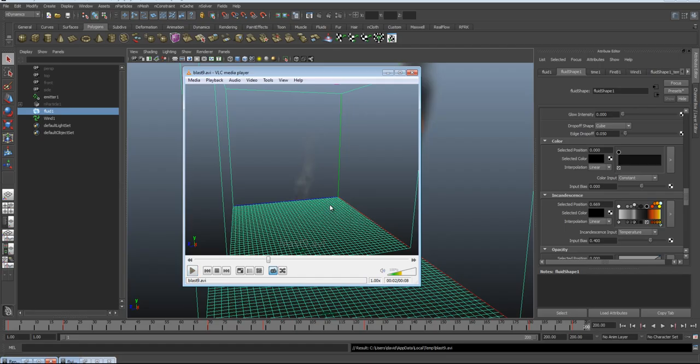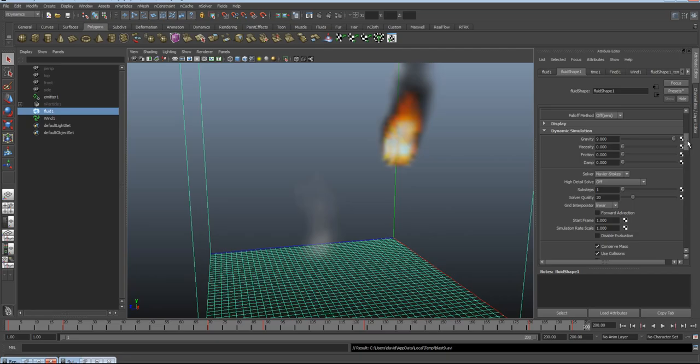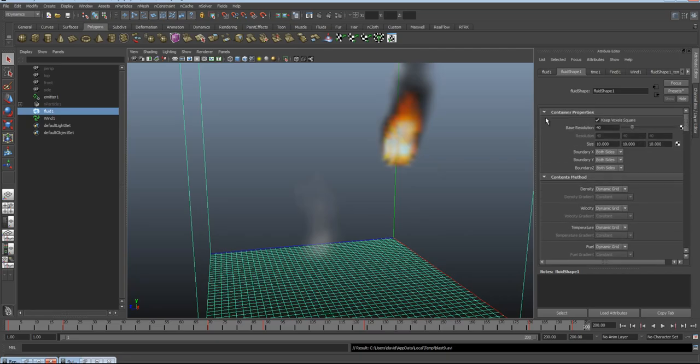Now, in the next part, we'll be taking a look at actually sculpting fluids along geometry, which should be very interesting, and I will see you for that. I just wanted to let you know before I go that for the final render of the video that you saw, which I'll bring up now,